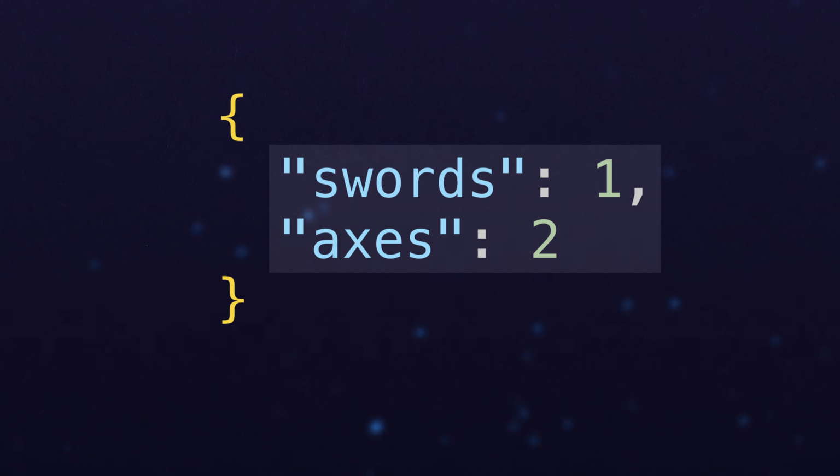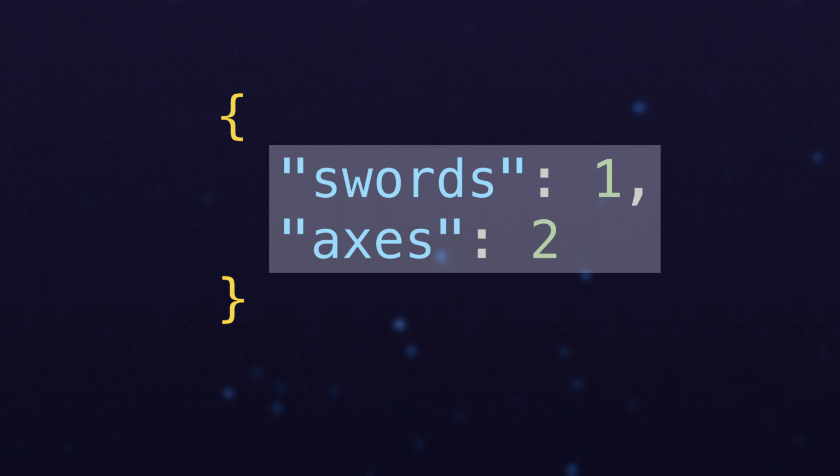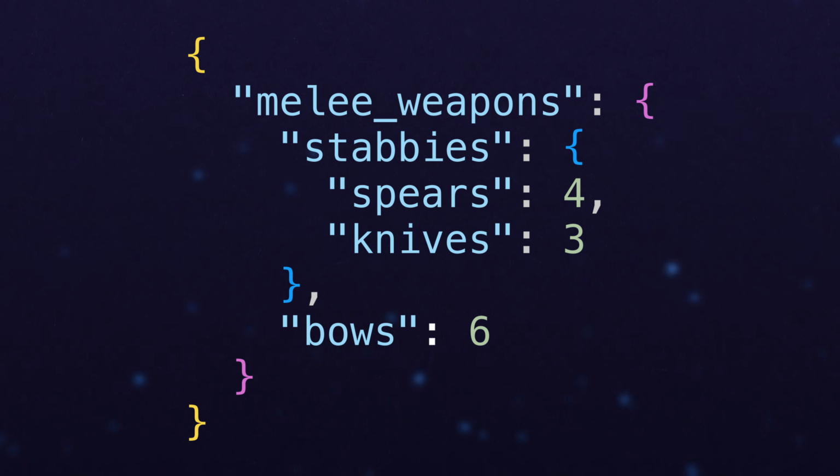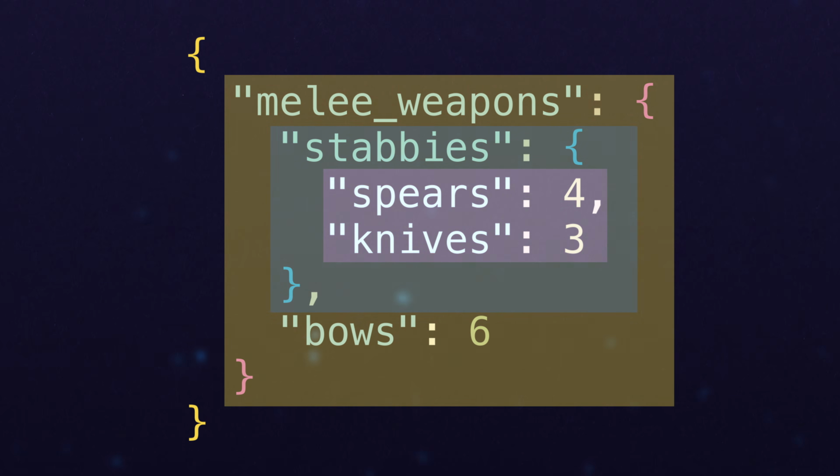Let's say we want to write a function called dict_depth that returns the depth of an arbitrarily nested dictionary. For example, this dictionary only has a depth of 1. It has 2 key value pairs, but there's no nested dictionaries within it. But if you take a look at this dictionary, it has 3 nested levels. Melee weapons corresponds to a second dictionary, which has the key stabbies, which corresponds to another nested dictionary,